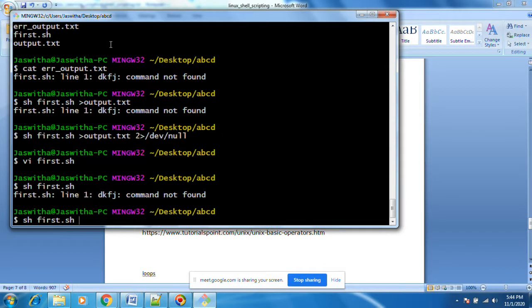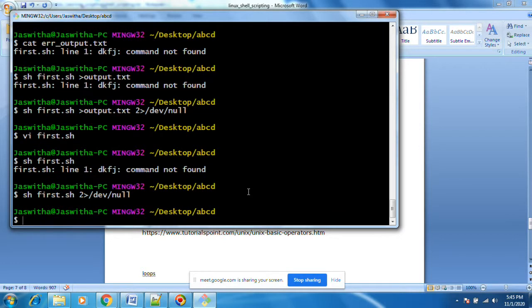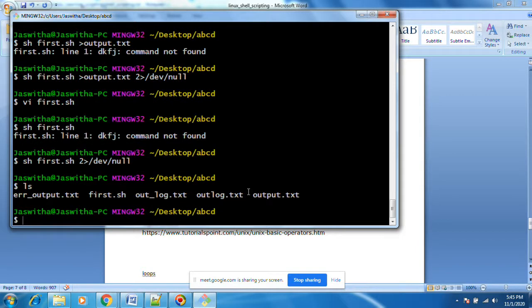I don't want to see this kind of errors. I have run it 2 times now. Okay, let's see the output. See outlog.txt.